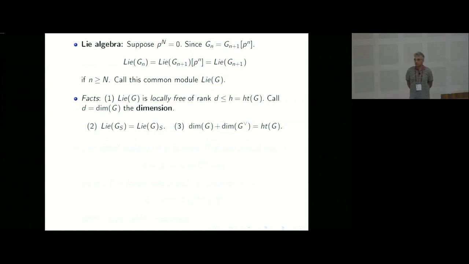So for example, in the case of mu_{p^∞}, the dimension is 1, the Cartier dual is Q_p/Z_p, its dimension is 0, and together they add up to 1. In the case of an abelian variety, this p-divisible group is polarized, is self-dual or up to isogeny self-dual, and each of the dimension of the p-divisible group and its dual is the dimension of the abelian variety, and the height is twice the dimension of the abelian variety.